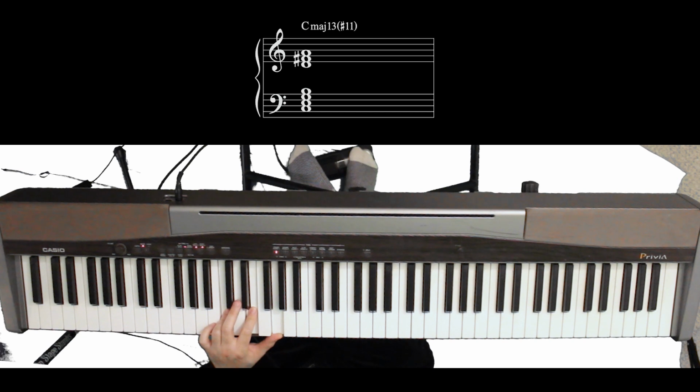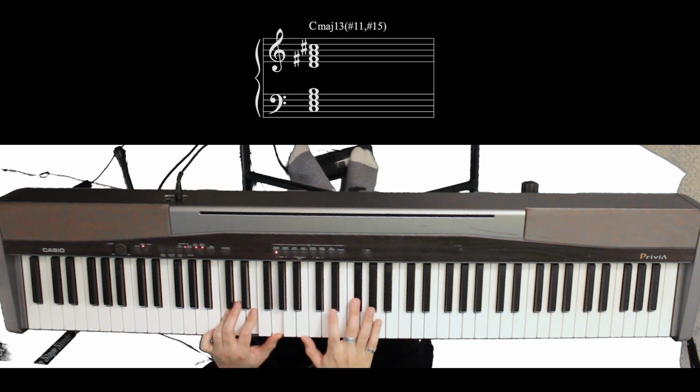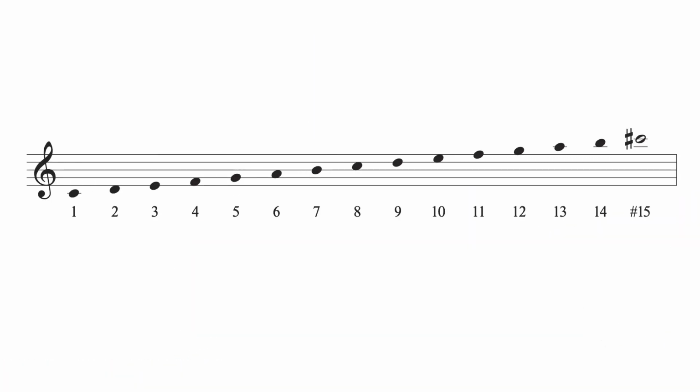I like major 13, sharp 11. Can I keep going? To my ear, that natural extension next would be the C sharp. And then, just doing the math on it, what we'd have to call this would be a sharp 15, technically. Can't be a flat 9 since we already have the natural 9 in the structure.